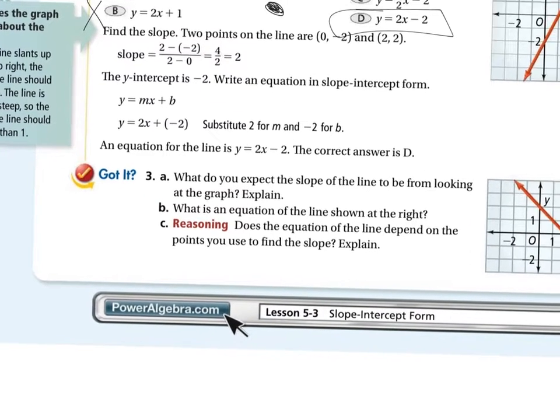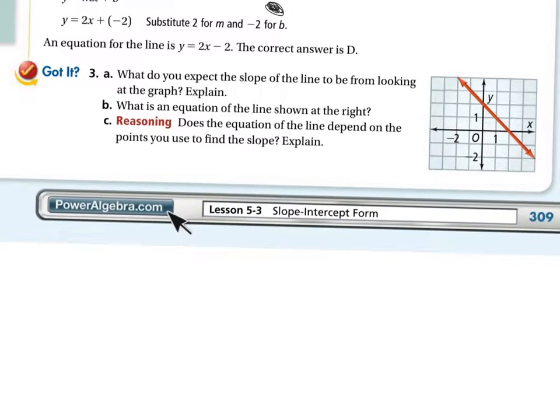Alright, so if you look at the got it 3, what do you expect the slope of the line to be from looking at the graph? Positive or negative? Negative, right. Okay. And then part B asks actually what is the equation. So for what the equation is,